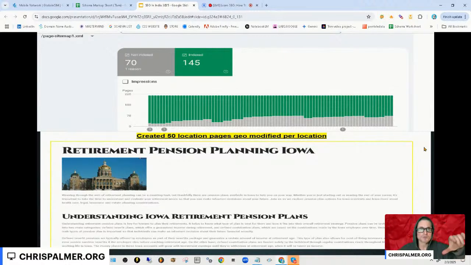Could be the same SERPs, but if this one's more optimized for pension planning and this one's more optimized for retirement pension planning, this one might rank higher for retirement, but this one's still in the same SERPs. You with me? Check and see what Google has to say. If you're seeing the same sites, same pages, I only need one page, right? Two keywords, same sites, different sort orders. Pick the term that has more volume or a higher CPC or both.